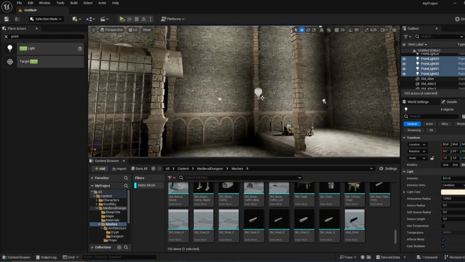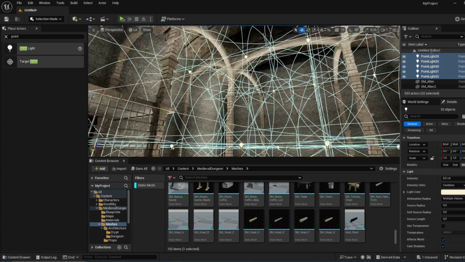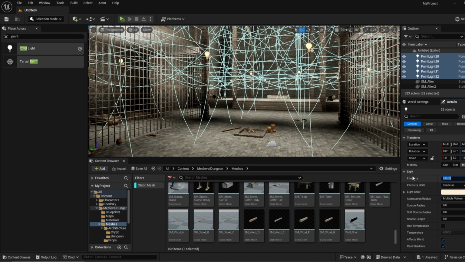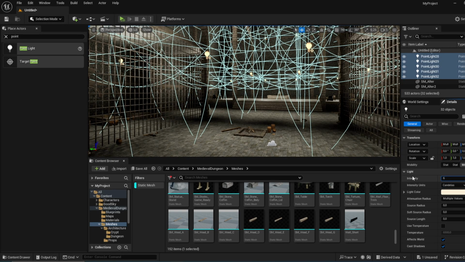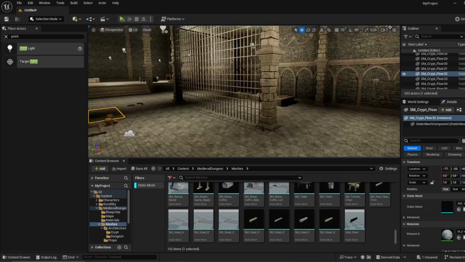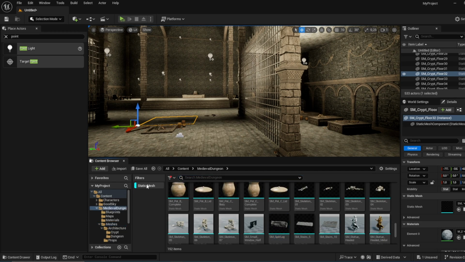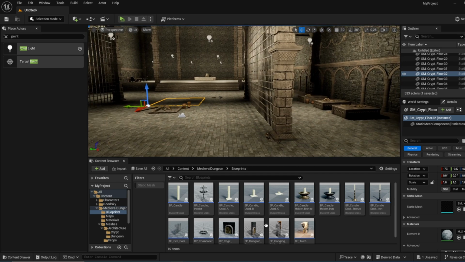Now this is a bit bright, right? So we want to grab all the lights, and then we want to put it on 5, 4, 3, something like that, and then make it even a bit darker. Just play with it a little. There we go. And now we go to blueprints, and then you see all these assets, and these are pre-made